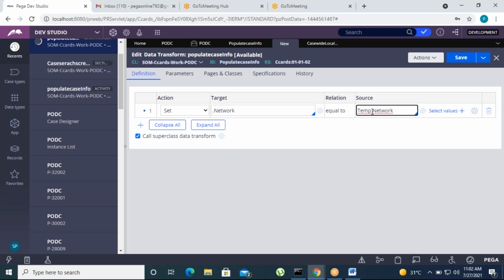It's not in the clipboard, right? We are going to set the values from this page now. First of all, network,